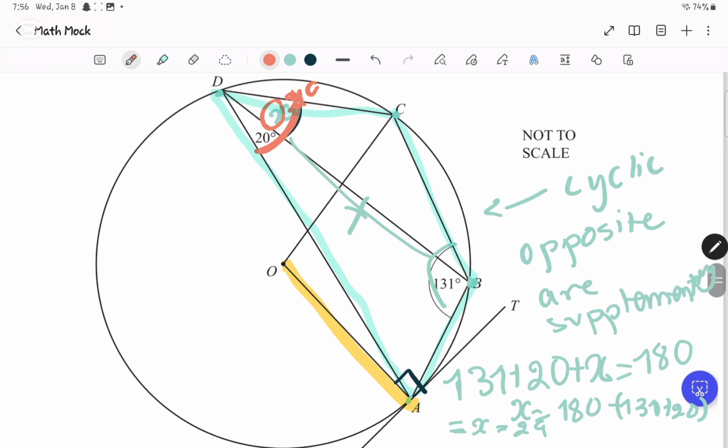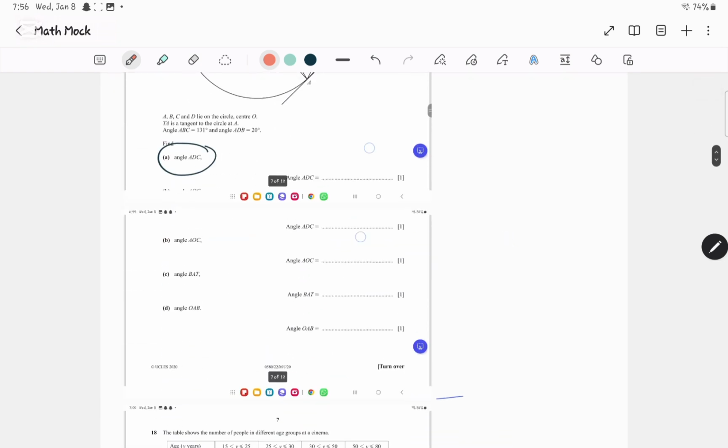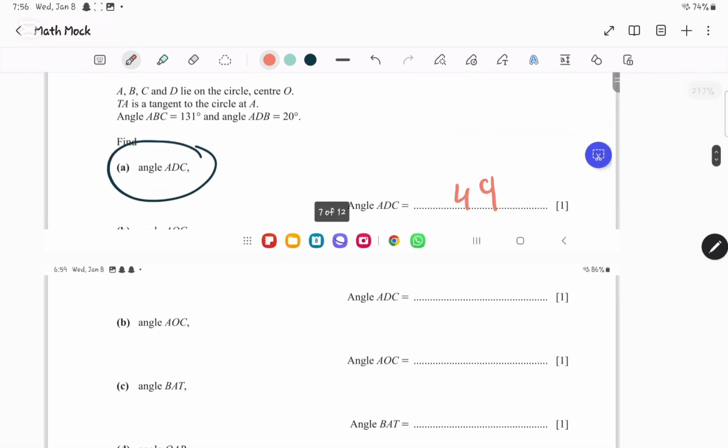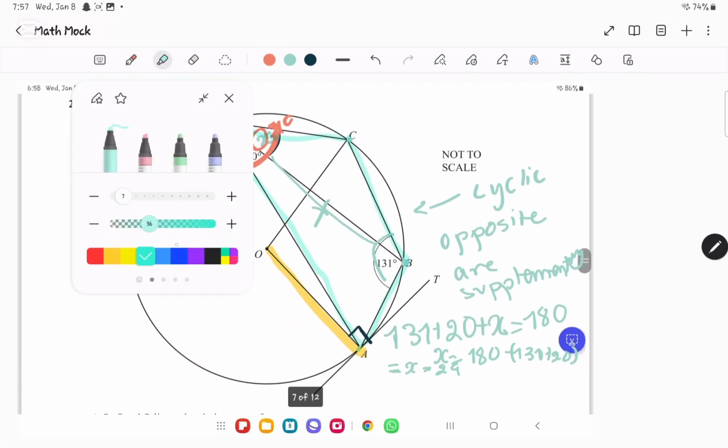Okay, so that means that angle ADC is 20 plus 29, which is then 49. So we got our first answer, which is 49. Now they need angle AOC. So angle AOC, which I will highlight in red,